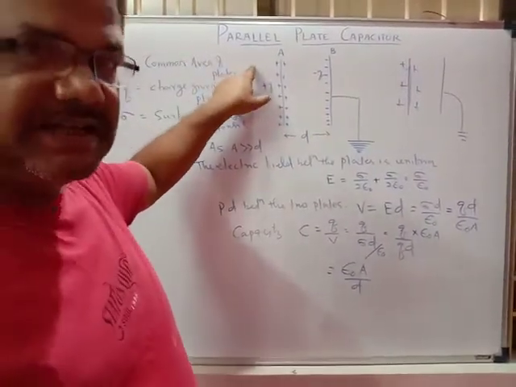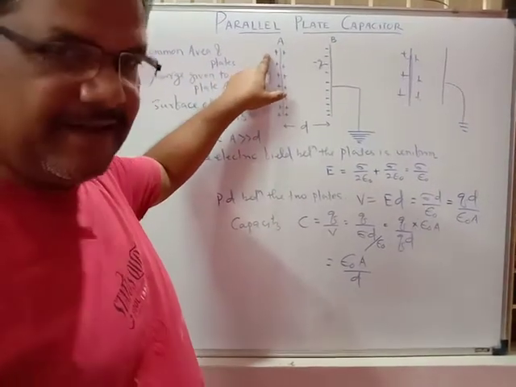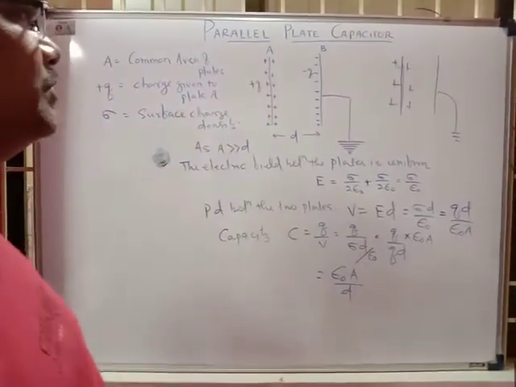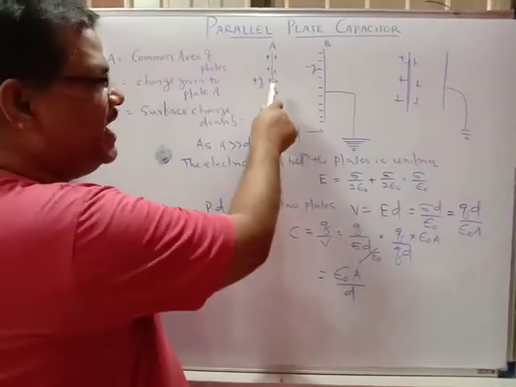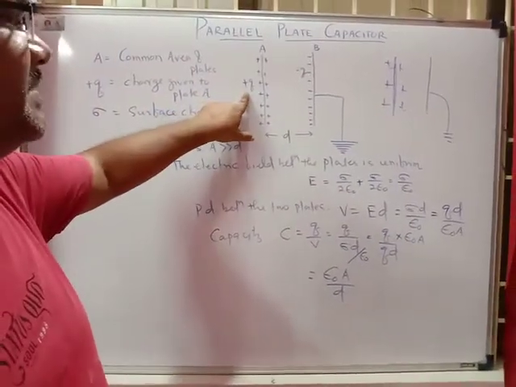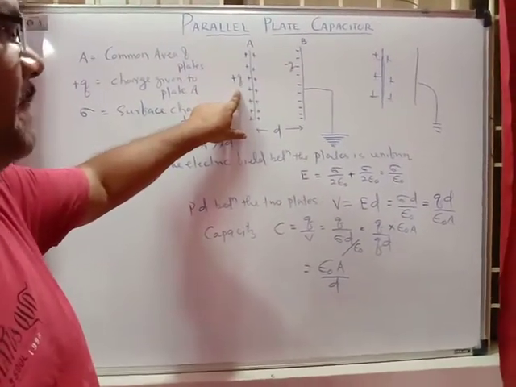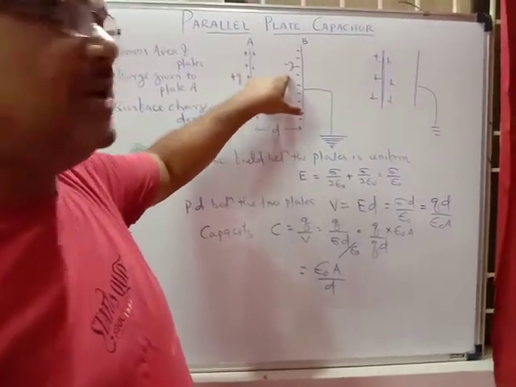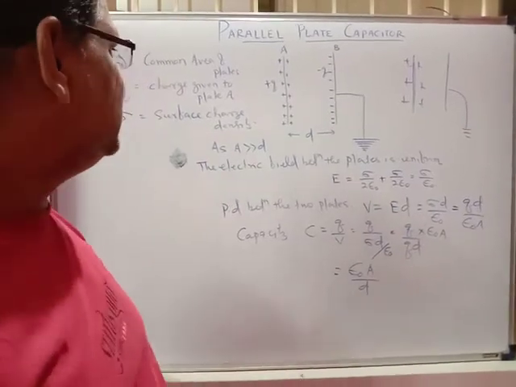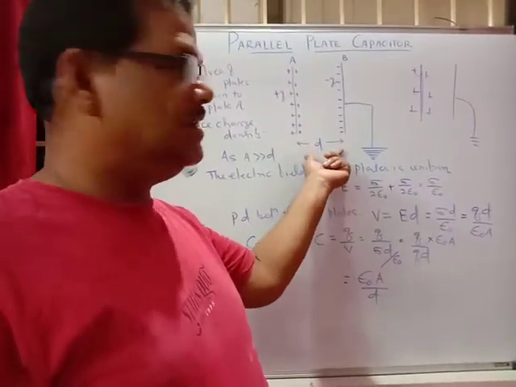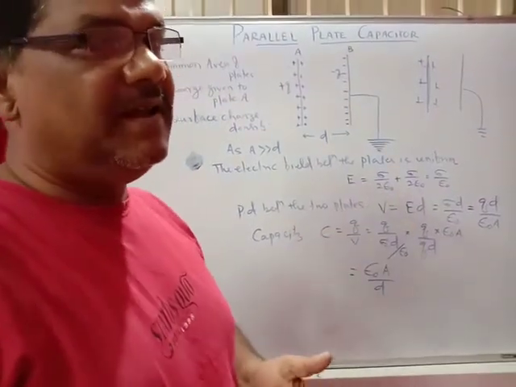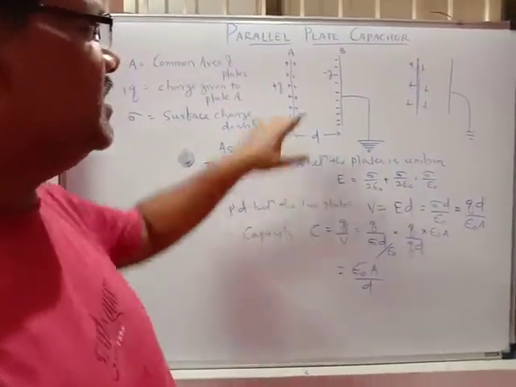Plus Q amount of charge is given to plate A. So what will happen? Charge will be induced on the nearby plate B. If plus Q is given to plate A, the same amount, minus Q, will be induced on the second plate, that is plate B. Since the separation is very small compared with the area of the plate,